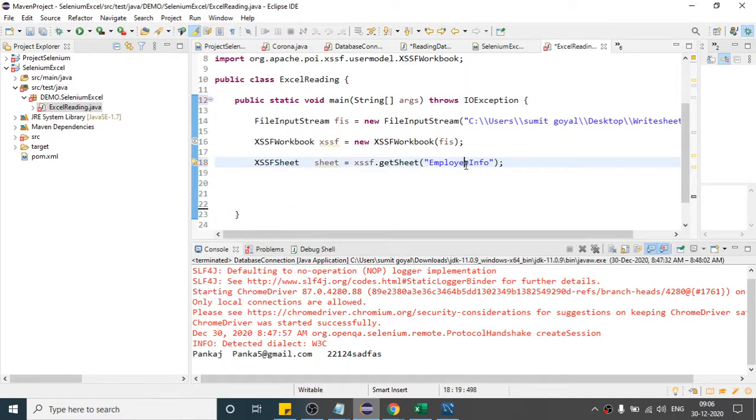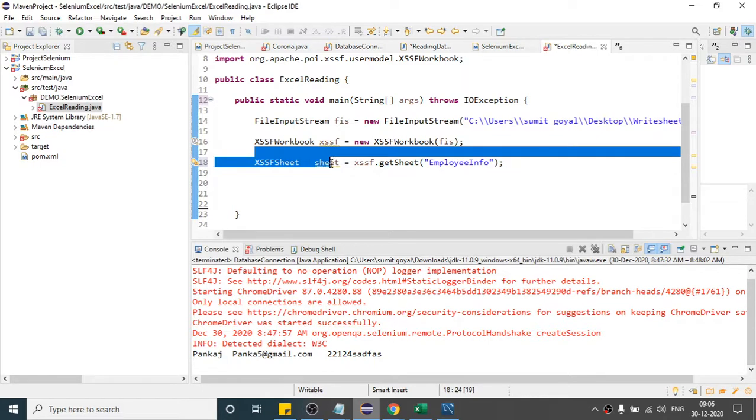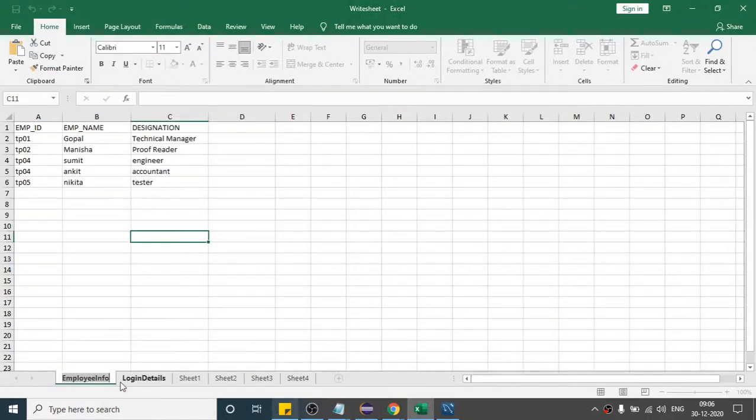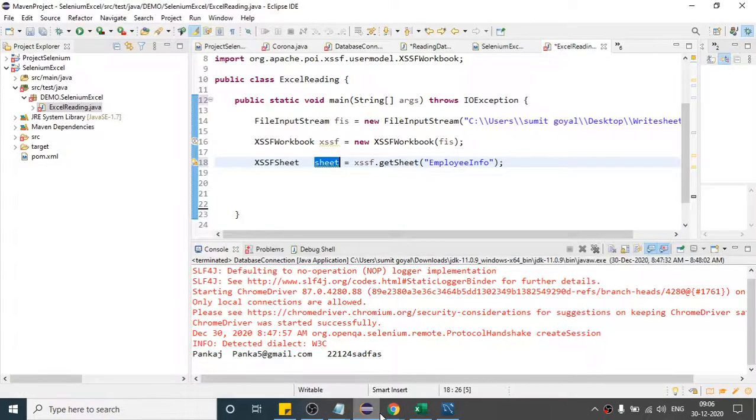Now this variable will have our first sheet. If you want to go to this one directly, you can give this. We are working on this, so I will give this. Okay, so now I am on this employee info sheet. This variable is pointing to the employee info sheet.